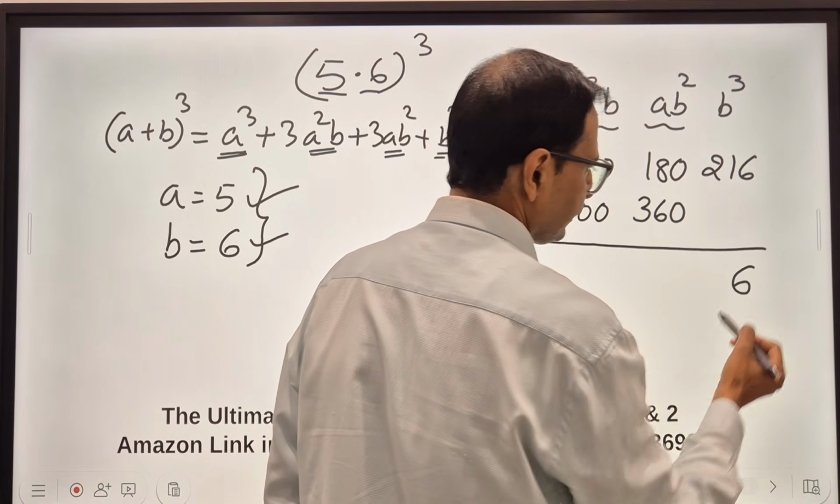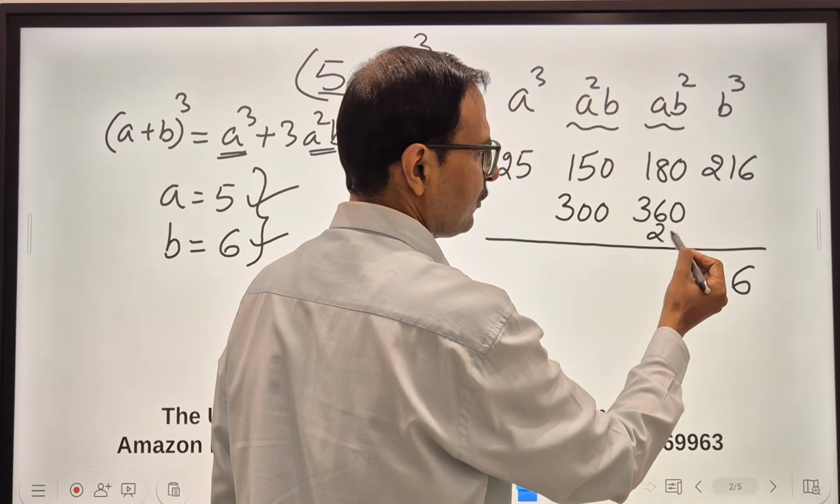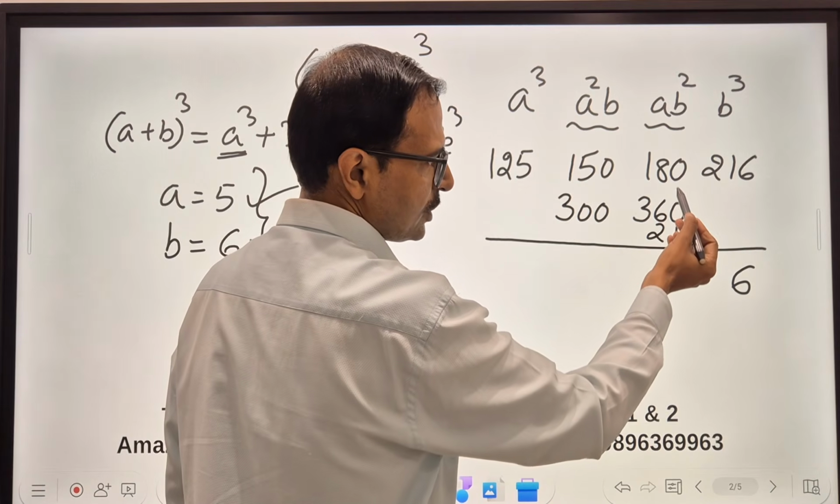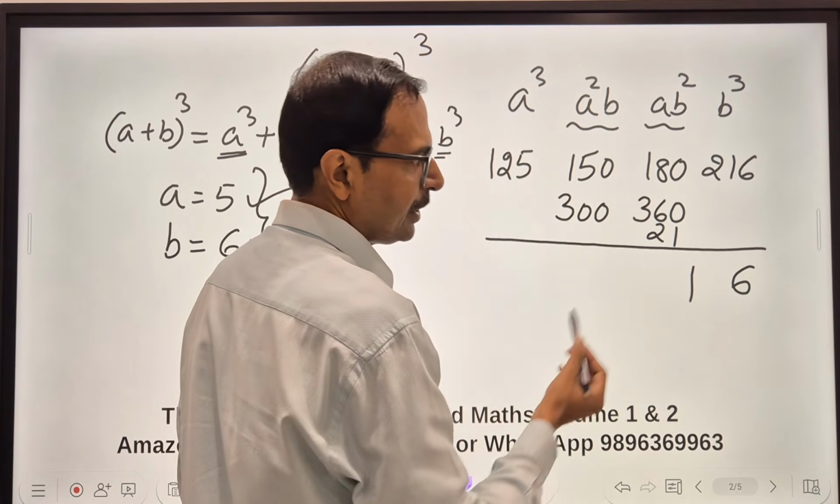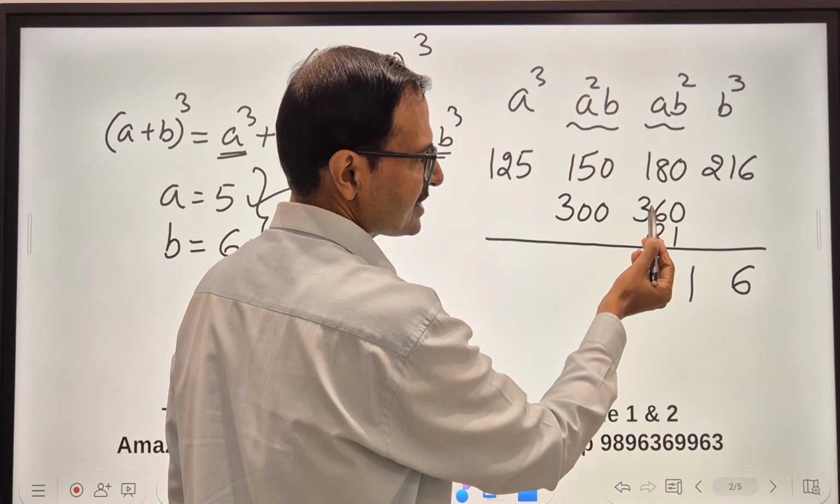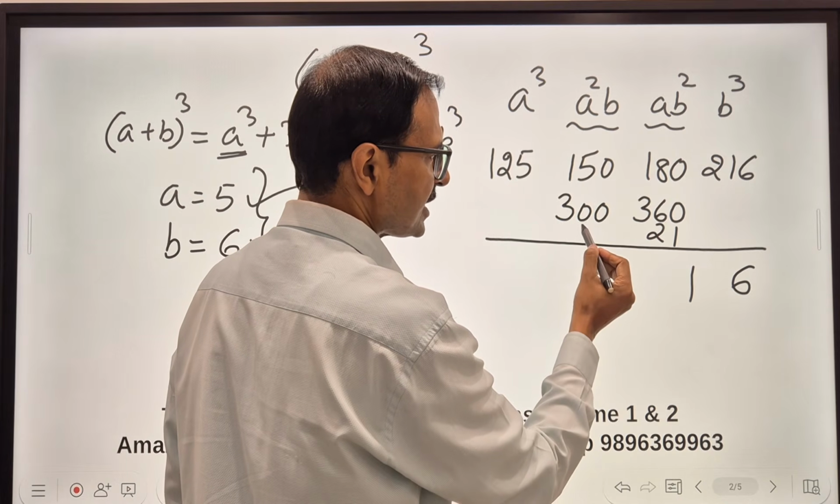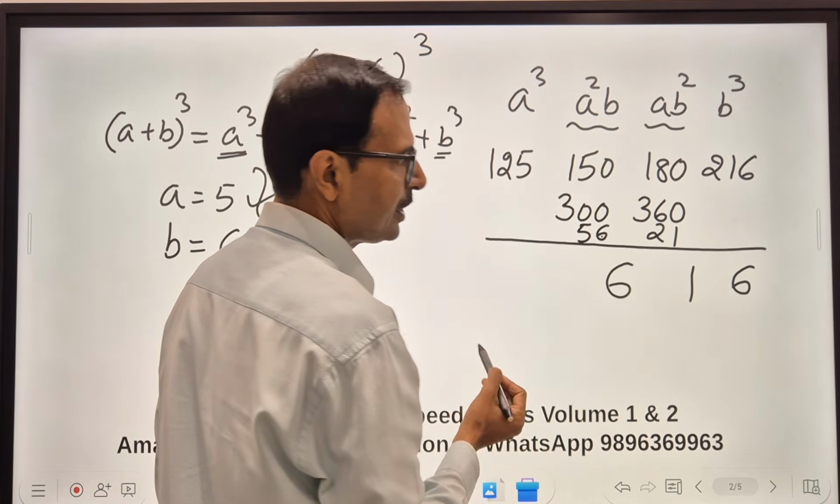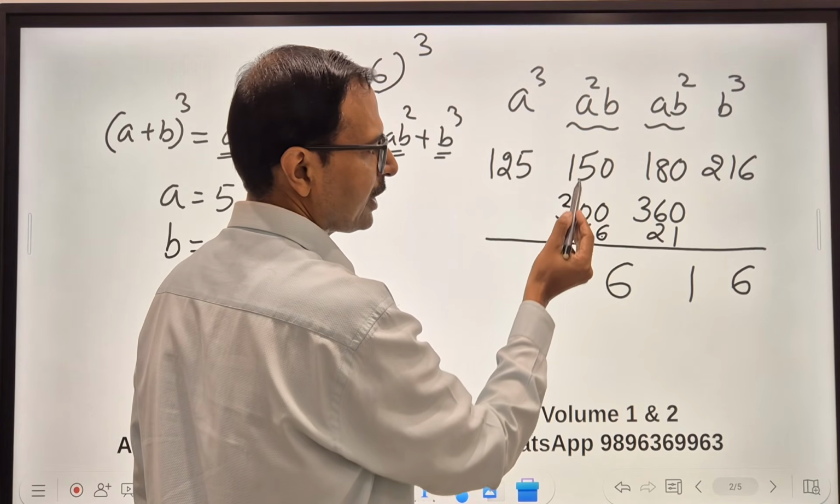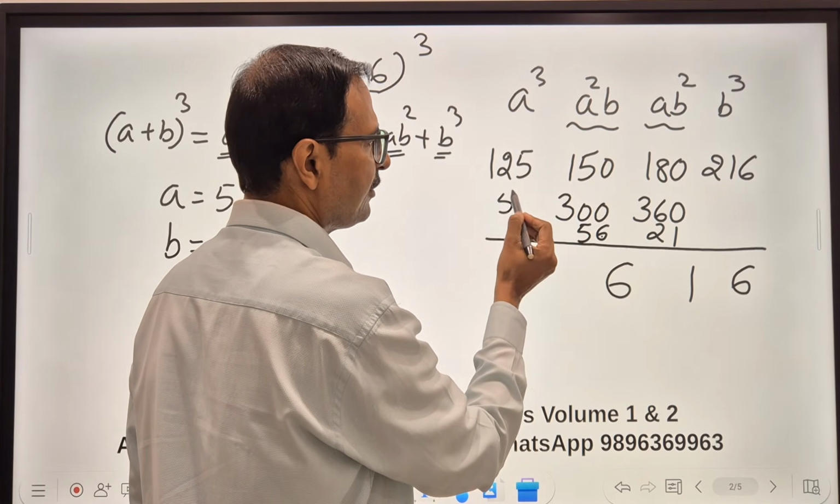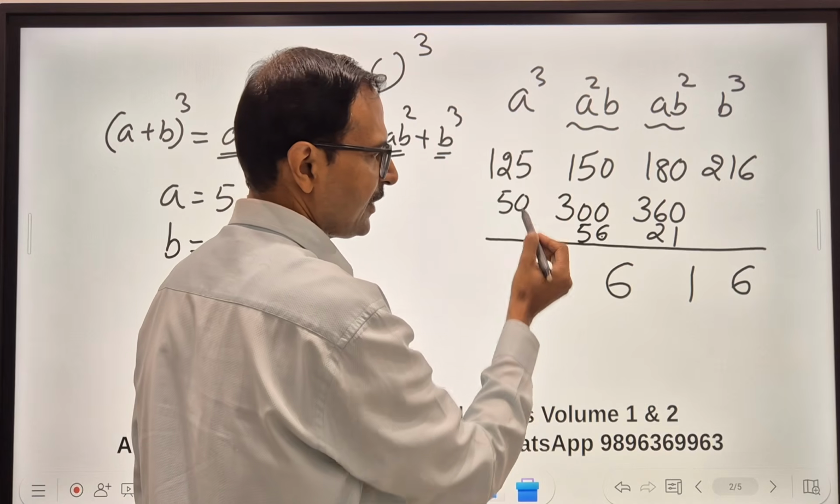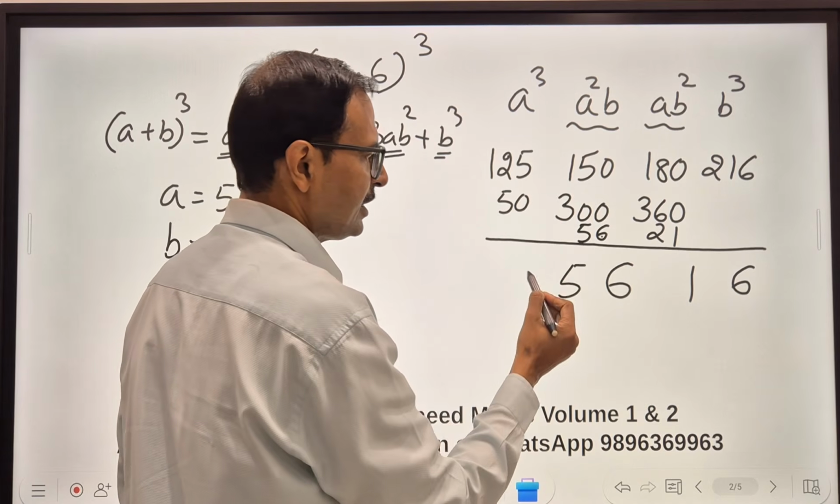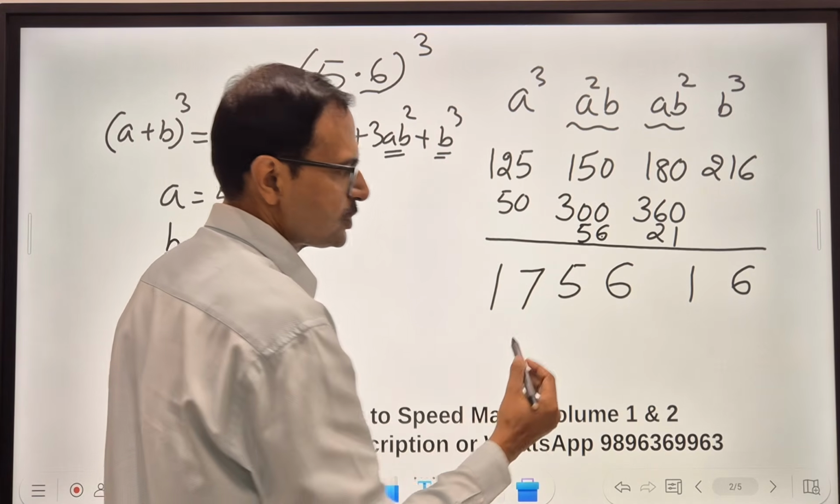6 comes down, the 21 gets carried forward here. So 0, 0, 1, the 1 comes down. Now 18 plus 36 is 54, plus 2, 56. So I'll write 56 here. 0, 0, 6, so 6 comes down. 30 plus 15, 45 plus 5, 50. So we have a 50 carried forward. So this is 5, this is 7, and this is 1. So I get